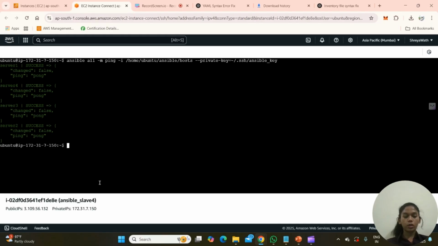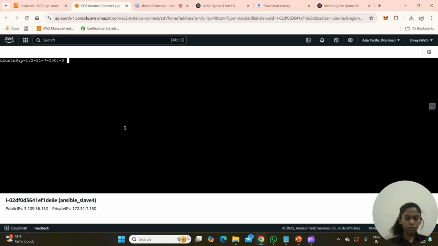So let's head towards the playbook creation. What we have to do here is we'll be creating a directory in which we'll be saving our Ansible playbooks. For that we'll be using the cd change directory command. So for storing our playbooks, we'll create a new directory.